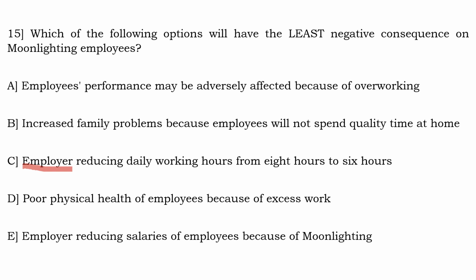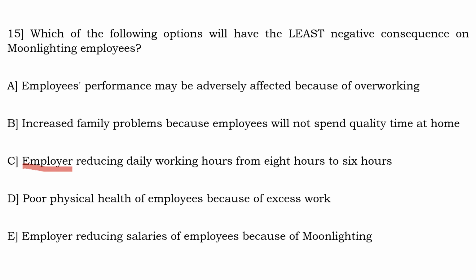Option E, employer reducing salaries of employees because of moonlighting. Here again the singular noun is used, employer. So one of the employers will reduce the salary of the employees because of moonlighting. This means there will not be any reduction in working hours. You will still have to work the fixed hours that you were working previously, but your salary is definitely going to be reduced. So you cannot compensate that reduction in salary by working for the other company, because you are working the same number of hours, as there is no mention of any reduction in the hours, only a reduction in